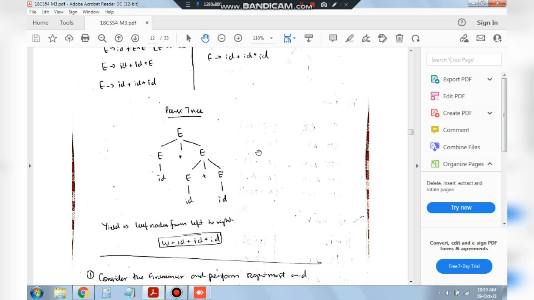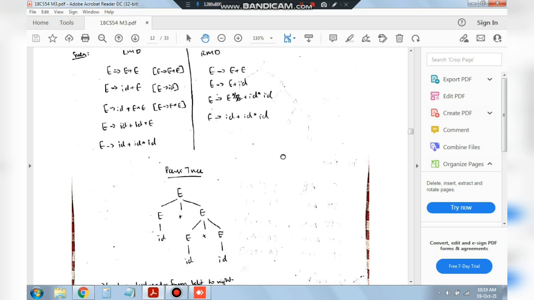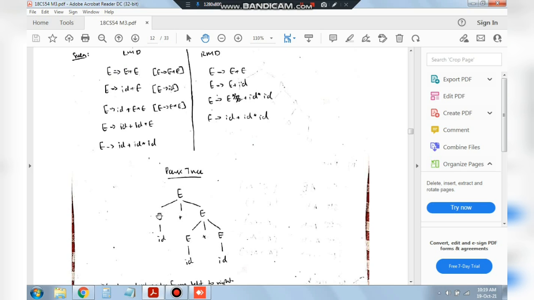Okay. So this is a parse tree. A parse tree is nothing but, if you start from the left part, what we did first, E plus E. So right here E plus E. Okay. E is written as E plus E. After that, what we did, we substituted the value of E as ID, and then the other E was substituted as E star E, and each of the E was written as ID. Okay, so this is the parse tree for the leftmost derivation.